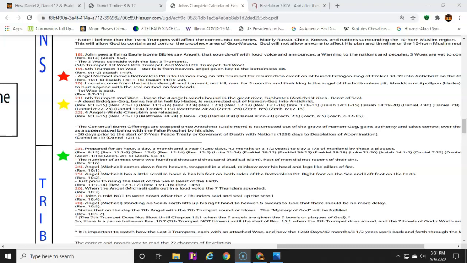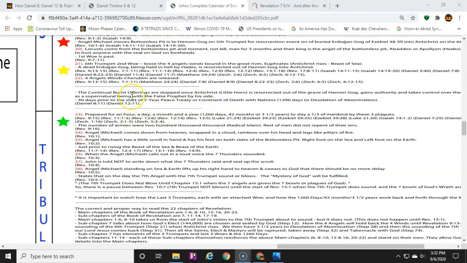He's a resurrected person from Gog. Gog is not dead, and that is a leader of Turkey. So Antichrist is not on the ground, and he's not a man. No one is going to follow Macron of France or anyone. This is going to be a supernatural event. It will be a supernatural person that the world follows. And so realize that once the sixth trumpet happens, Antichrist is brought forward, rises resurrected out of the ground from a dead Gog. He releases those four winds.